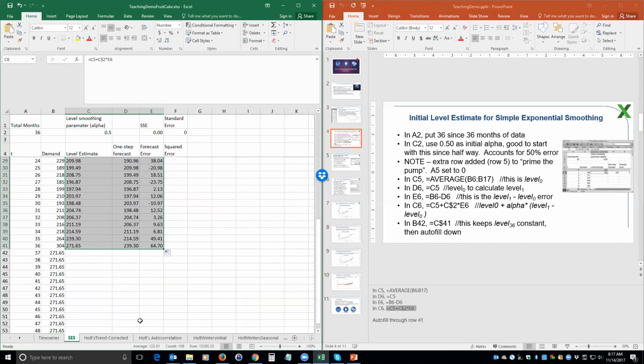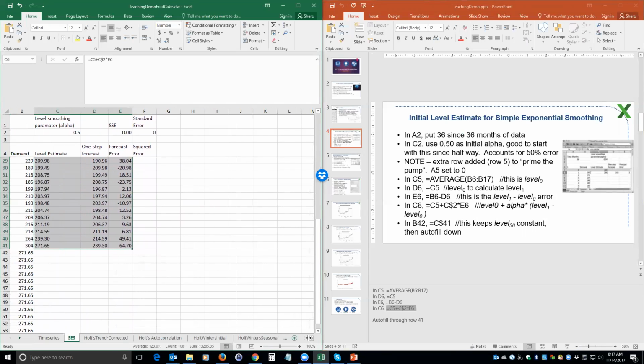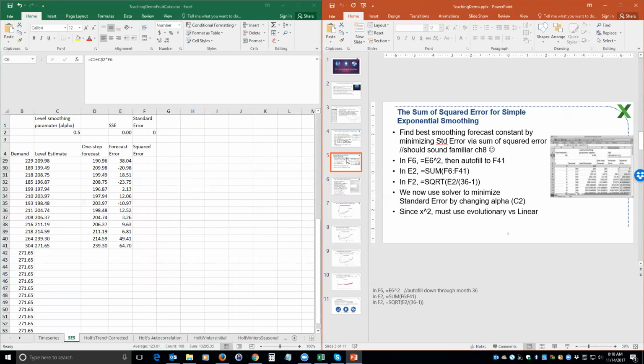So you're going to see that this is not a very good model in the fact that it only takes into account the level constant. Again, if we look at the Holt trend and the Holt-Winters, we're actually able to account for trend as well as